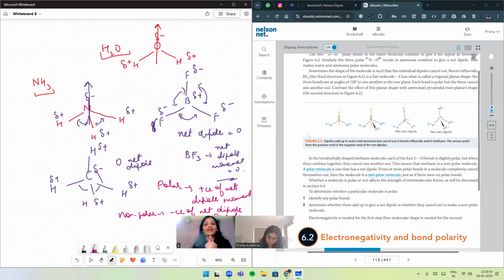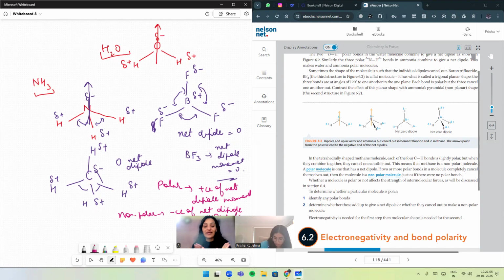The phenomenon of electronegativity. So when I have to check whether the polar bonds are present or not, I need to check the electronegativity difference. Higher the difference between the two entities, the more chances of having a polar bond. Got it? Right? And the second, when I want to confirm whether the net dipole moment is zero or